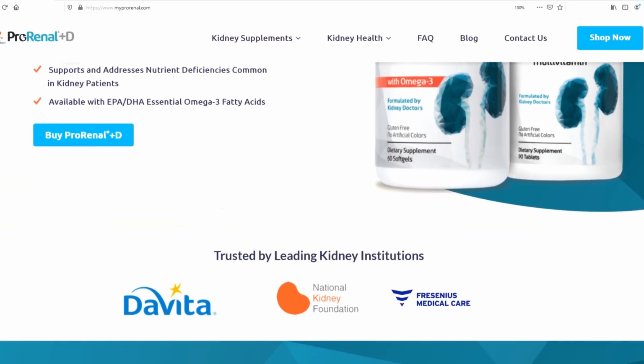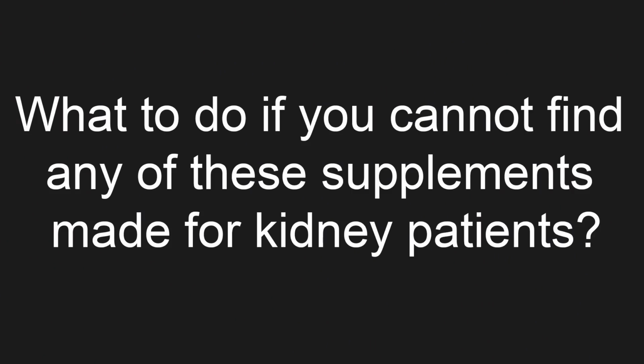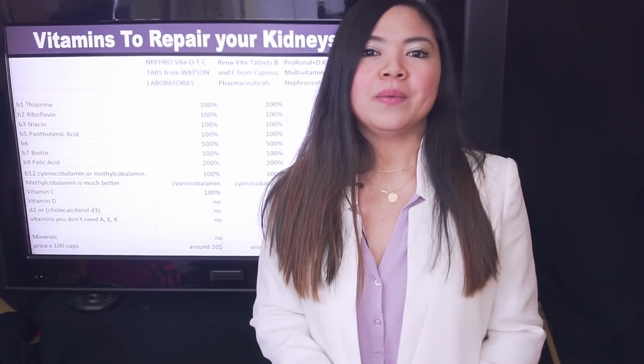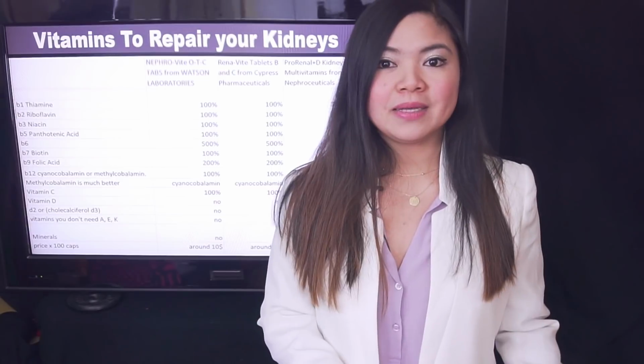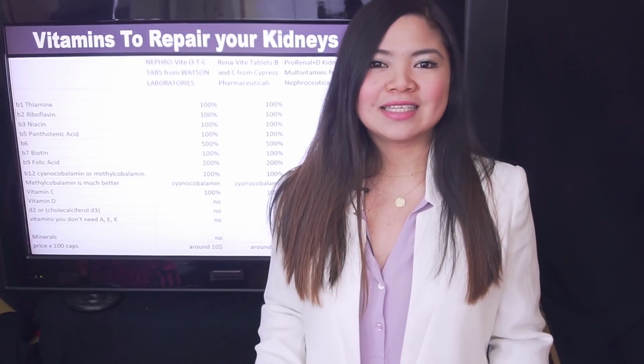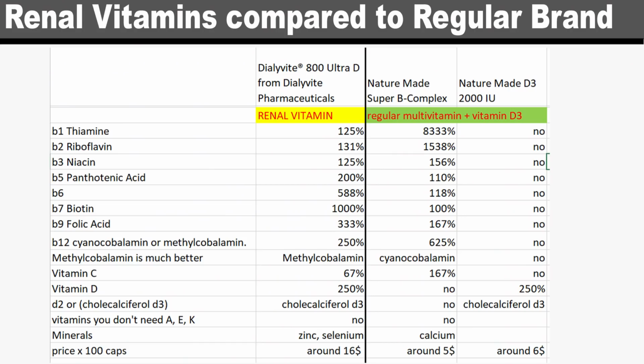Very important. What to do if you cannot find a way to get any of these supplements specifically made for kidney patients? Well, I've tried to put together a multivitamin with the right levels of vitamins using just supplements from worldwide available brands. Let's take a look. Okay, this is how you can put together a renal multivitamin using the most widely available